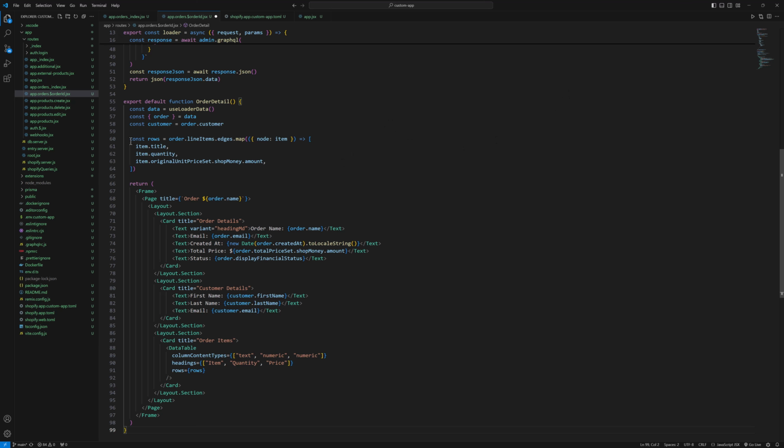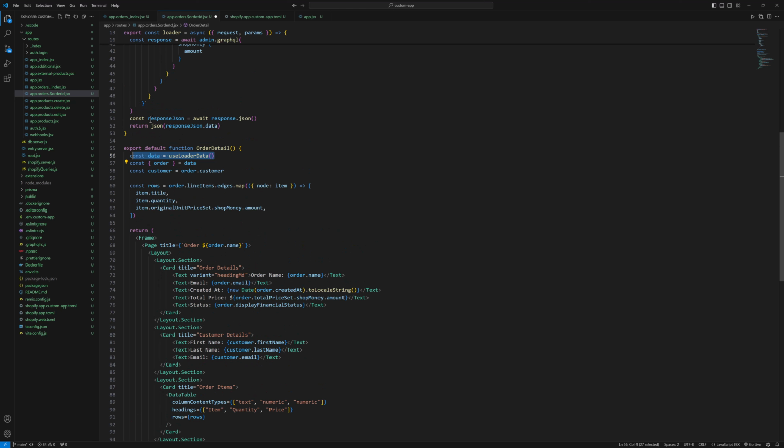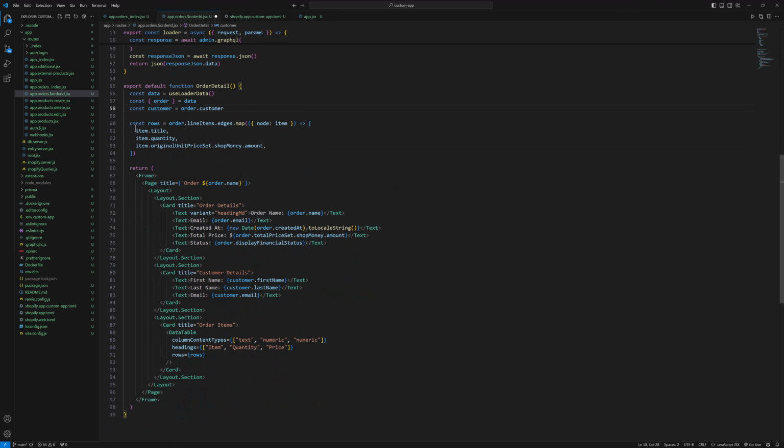And next we will have the main component, and in this component we have a variable useLoaderData, and this is the data we are getting on the front end, and then we will get the order from the data, and customer is equal to order.customer. Then we are going to make the rows of the line items, and from the line item we will get the item title, quantity and the price,